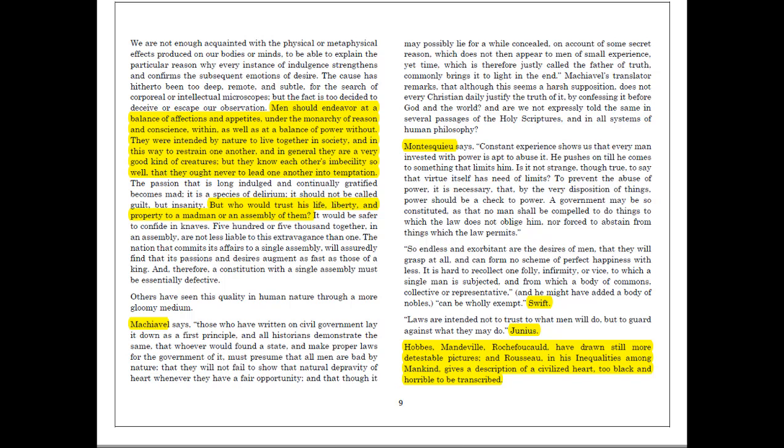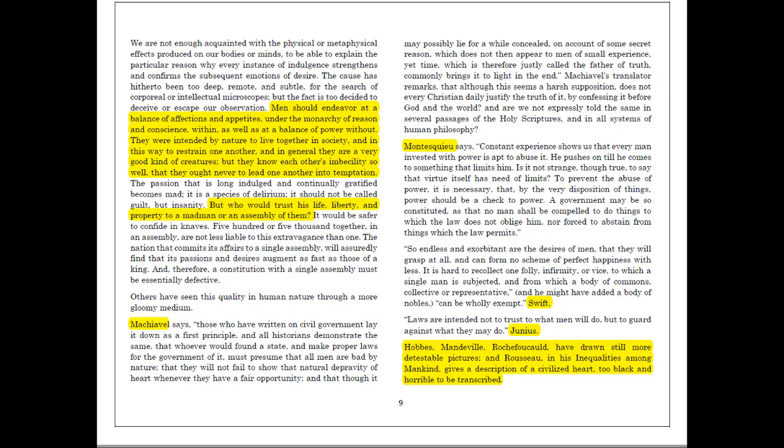That's the fundamental paradox. And so Adams can portray himself like Locke. If you remember our discussion of Locke and man's nature and the state of nature, Adams can portray himself as a kind of optimist here. He holds out the hope that at least some men can live under the monarchy of reason and control their affections and appetites. And he claims to have a kind of brighter, more optimistic view than all these other writers that he quotes. He quotes Machiavelli and Montesquieu and Swift and Junius. And we come to this summary here at the bottom on the right-hand column of page 9.